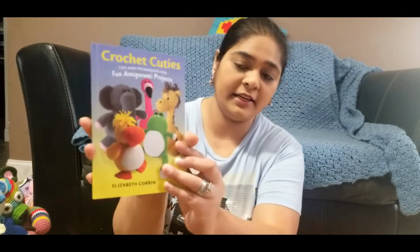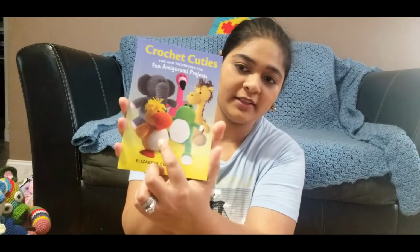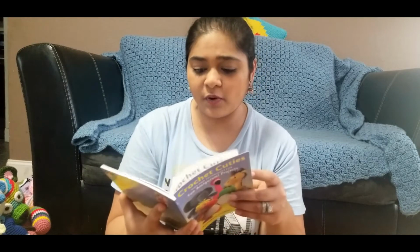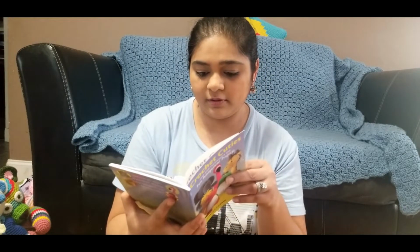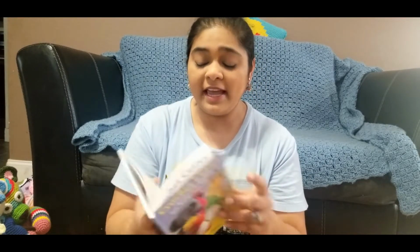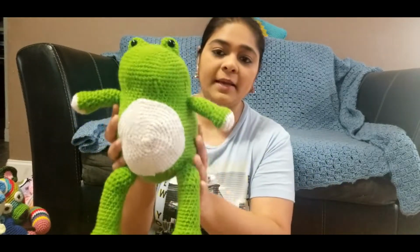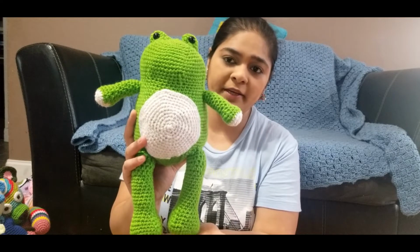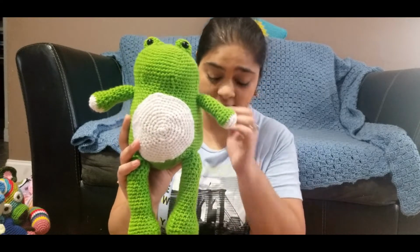And here is the book that the yarn and the kit came with. I think it's called Crochet Cuties. And I think it has 12 projects here. Yeah, it has about 12 projects. And they make these about 10 to 12 inches or maybe a little bit bigger. So they make this big size